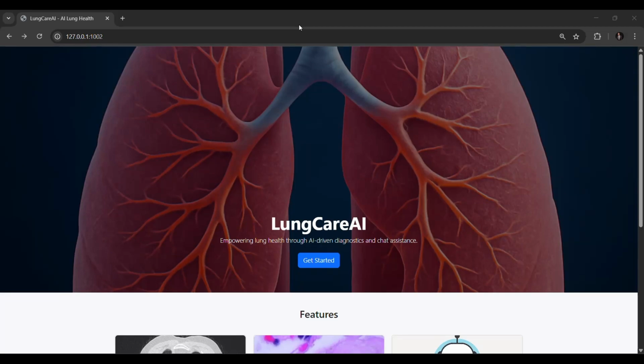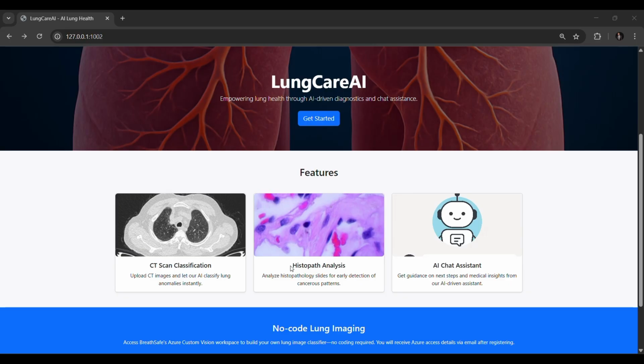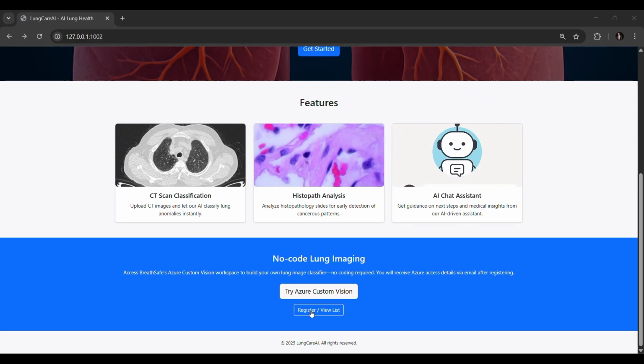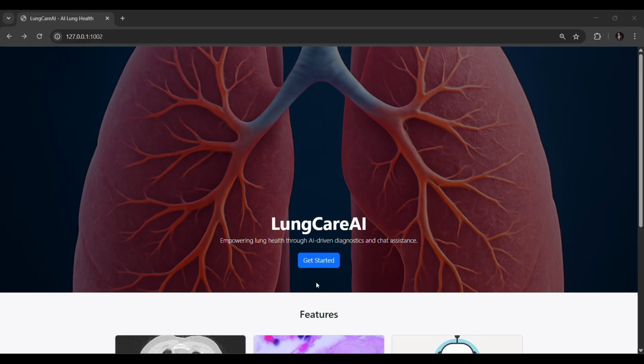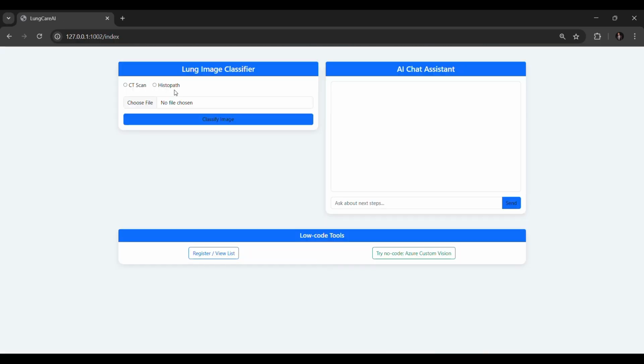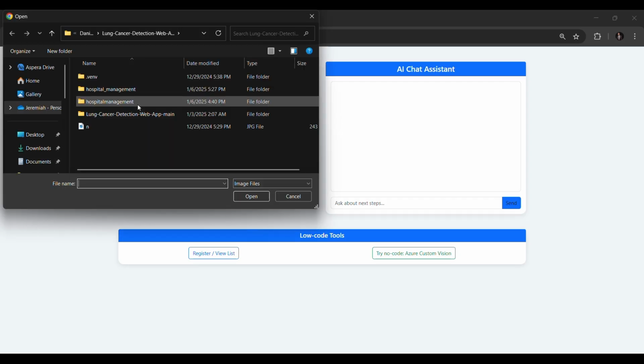Lungcare AI, and the application is to scan CT scan of your lung, histopathology, and to chat, as well as Azure Custom Vision if you want a no-code environment. So let's get started. You can use it for CT scan or histopathology. So choosing for histopathology,